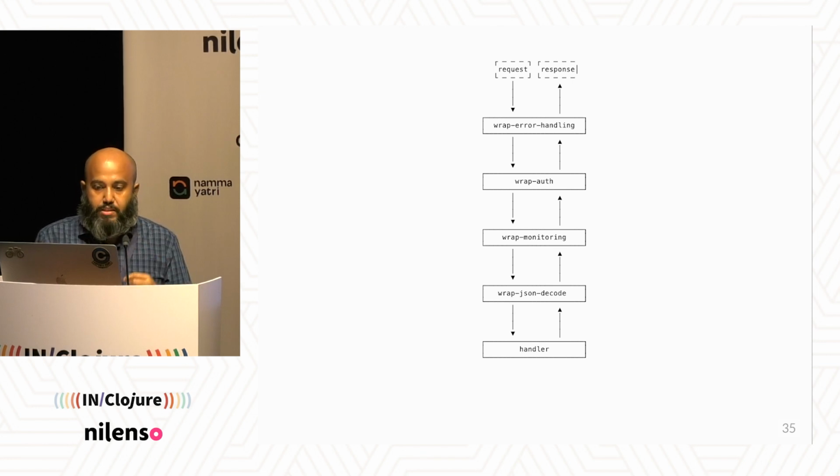So this is another example. This is a middleware over some handler in a web request. A request comes in, the response goes out. If your request and response objects are immutable, then this is also data flow programming, except now it's happening in two directions. It comes in and goes out, right?